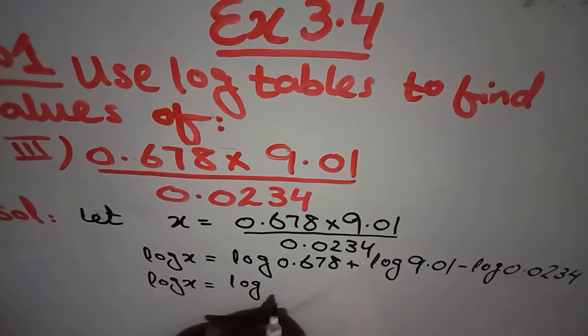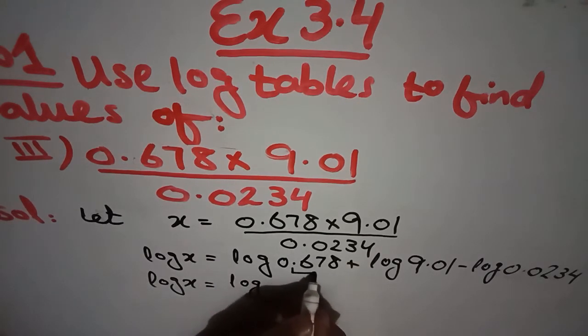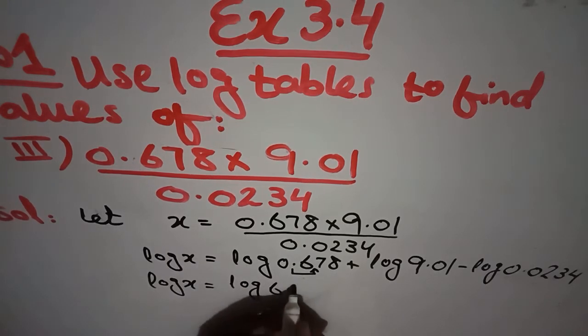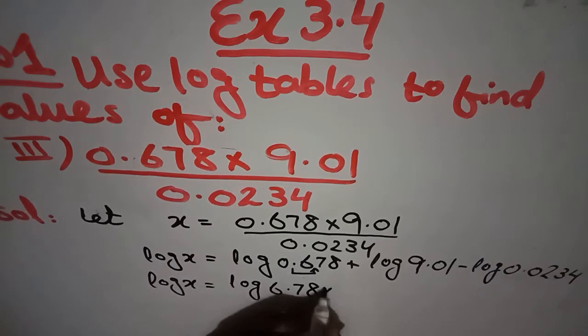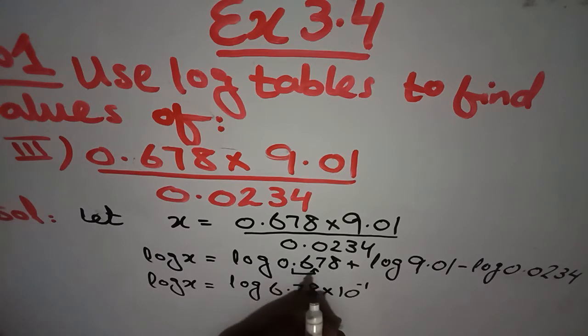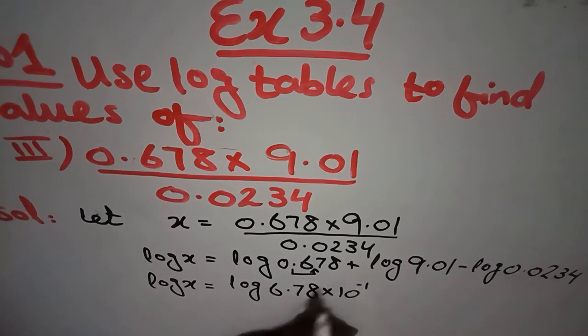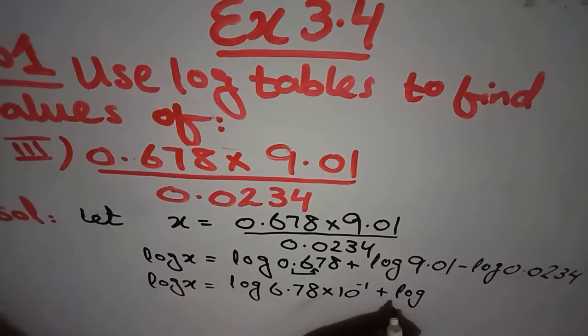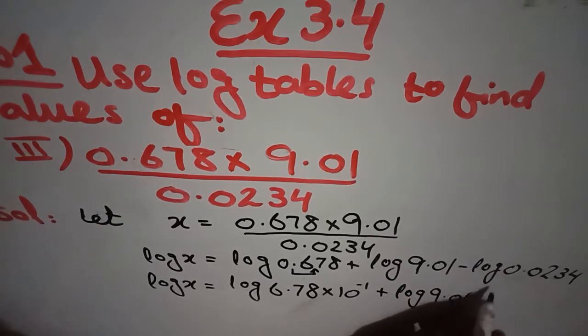Simply to find the characteristic and mantissa, move the point after the first non-zero digit. That will become 6.78 multiplied by 10 raised to power minus 1, because the point is moving from left to right, so the power will come into the negative figure. Similarly for this one, because it is already in its standard form, you can write this value as it is. So minus